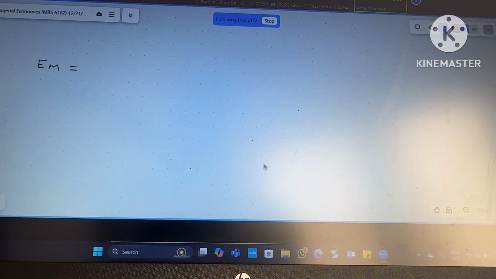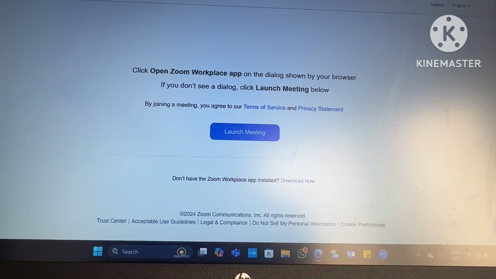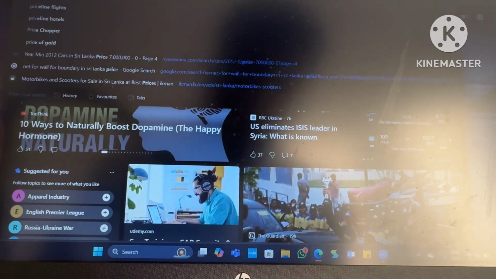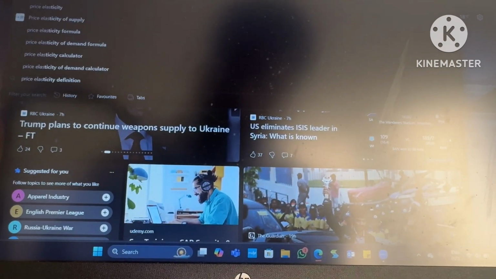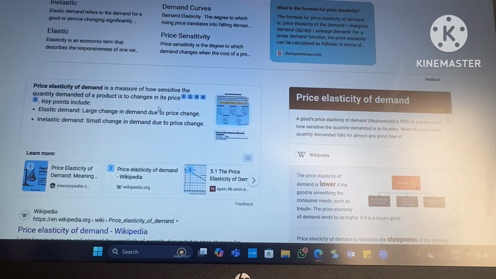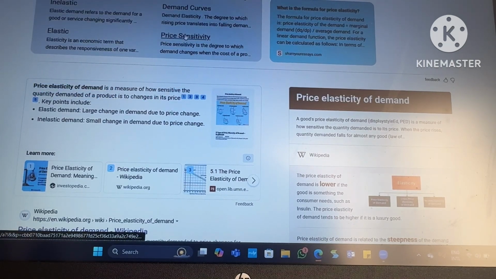Price elasticity of demand. Yes. What does it measure? Measured, used in economics. Okay. Go on, try it. That's good. Assess how sensitive